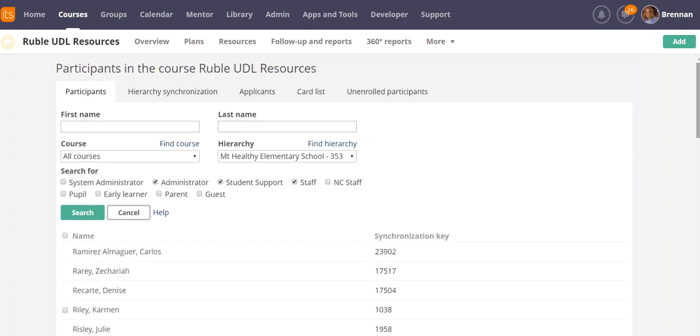Same thing for your other buildings. So I'll add these participants for you, but if you have any more questions or you want to sit down with me and get